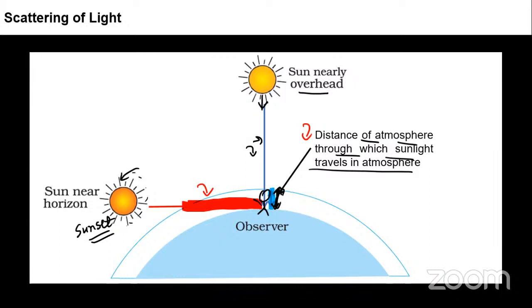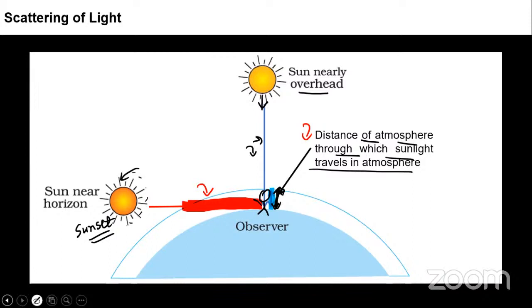No, violet light's wavelength is less, and when the sun is at the origin, its wavelength is long. You people might have seen when we are in the train, in front of the train there is always a red light. If you want to give the signal, they always use the red light. Why? Because red light has more wavelength, meaning we can see it. I hope you understood this thing. So that same concept you can use here. That's why during the sunset, these waves can travel via longer distances, the wavelength is greater. That's why we're able to see it properly.